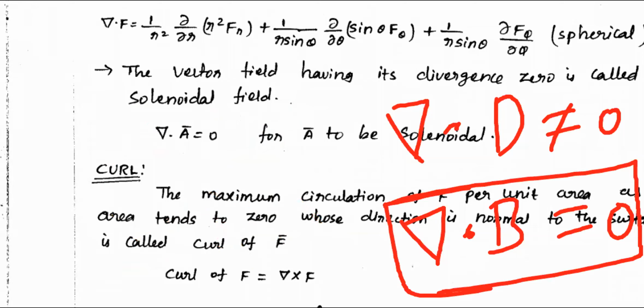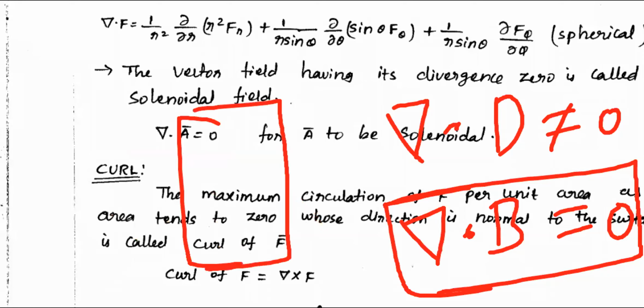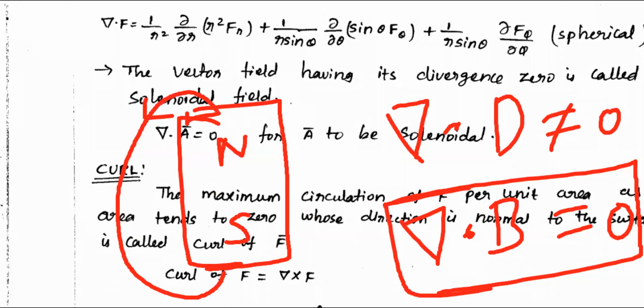So if at all you want to create a magnetic flux, you should have a magnet. You should have a magnet, north and south pole. Once if you have a magnet like this, the field will be going in this way, and similarly the field will be going in this way, north to south. Is it correct? Externally it will be going from north to south. Internally it will be going south to north.